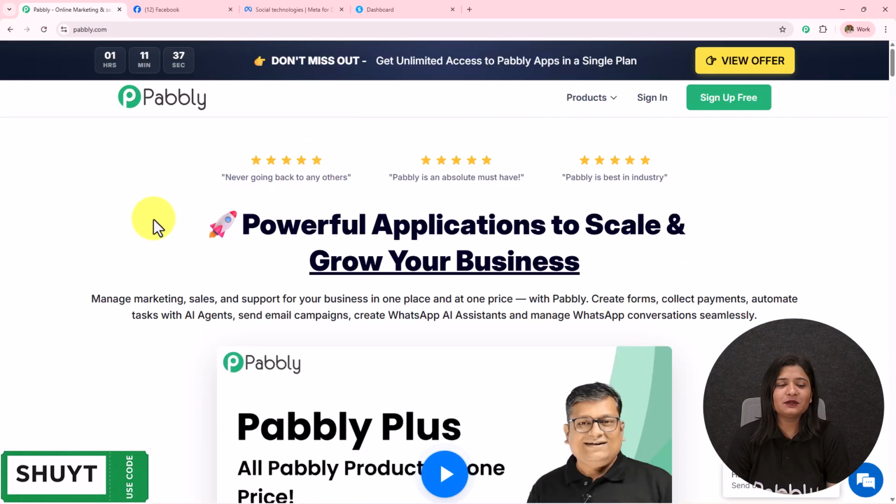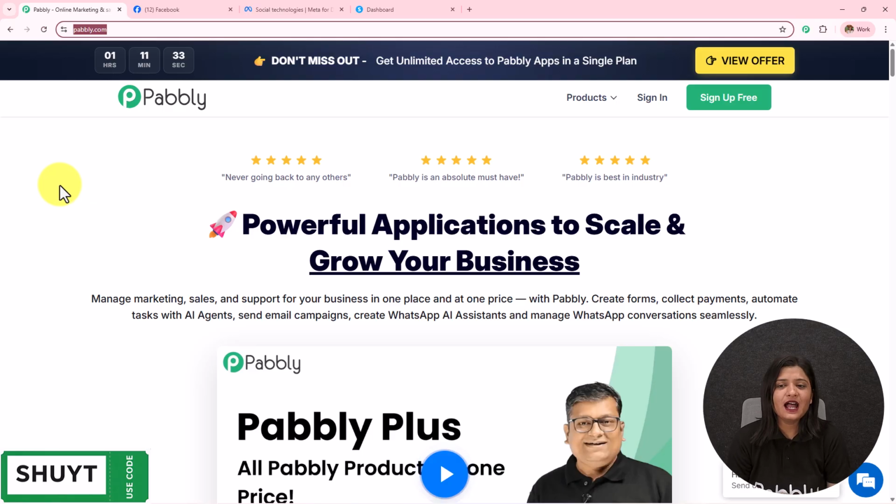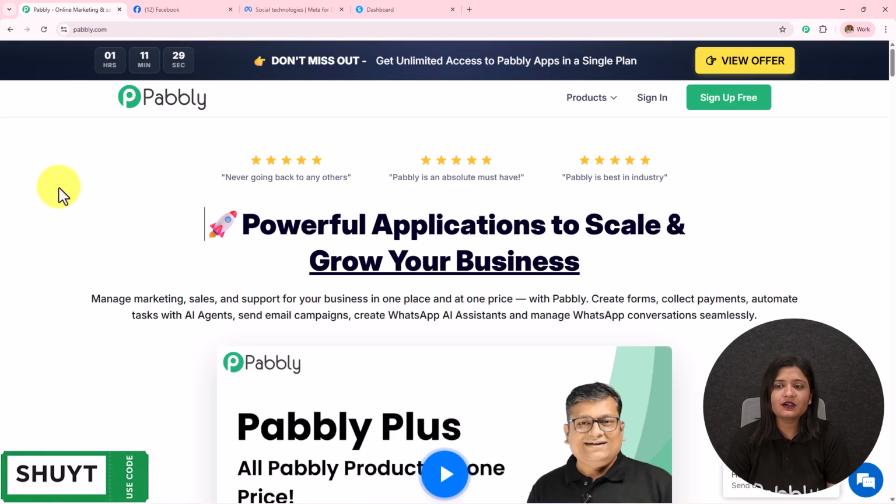Here, this is the landing page of Pabbly and you can visit this simply by typing pabbly.com in your browser. After browsing the website, we need to sign in to our Pabbly account. On the top right corner, we can see two options, sign in and sign up for free. If you are an existing user, click on this sign in, and if you are a new user, click on